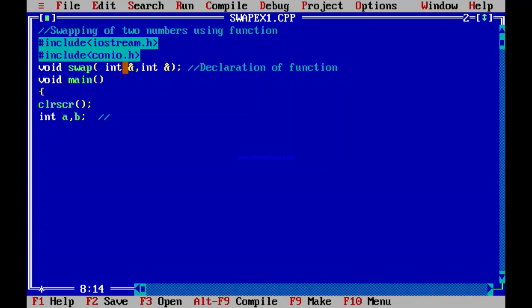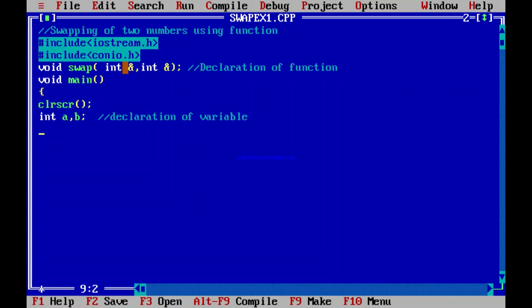Whatever data type you have declared, that only you have to use for the variable. So I am writing the comment: declaration of variables.